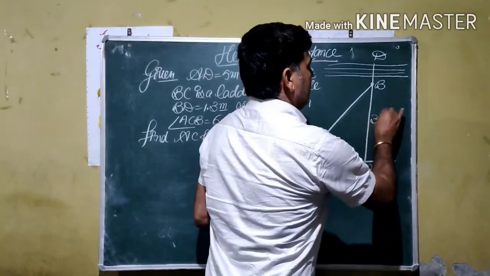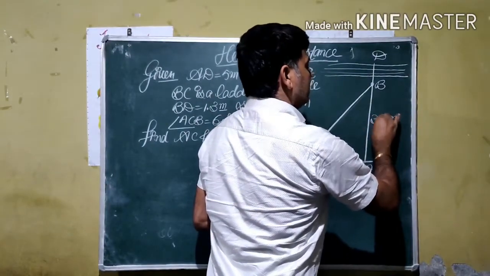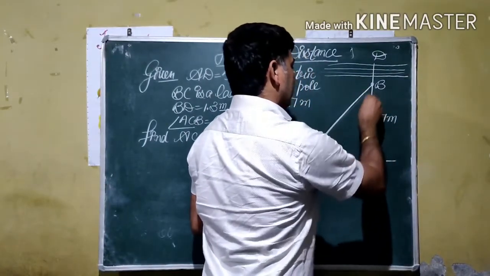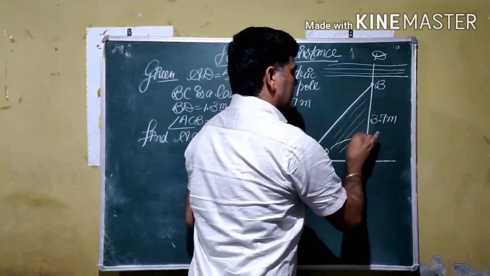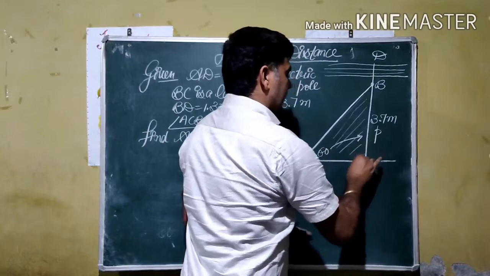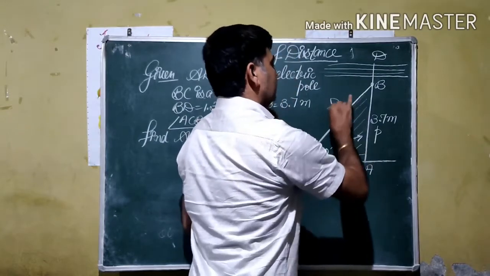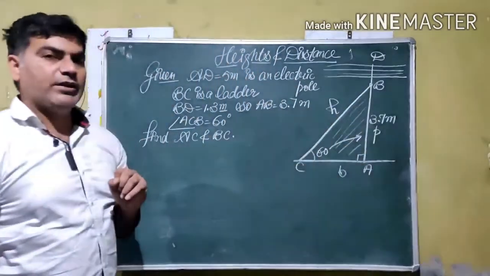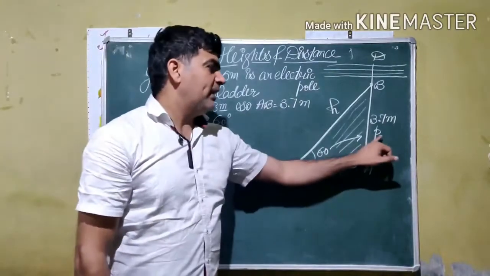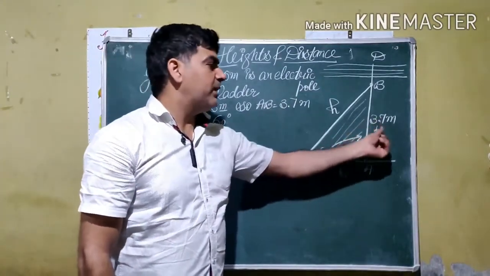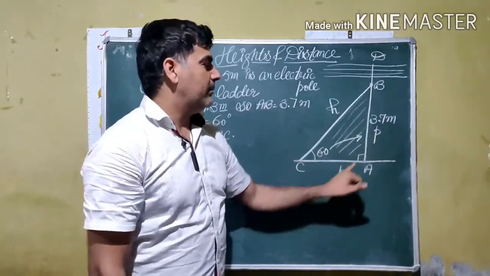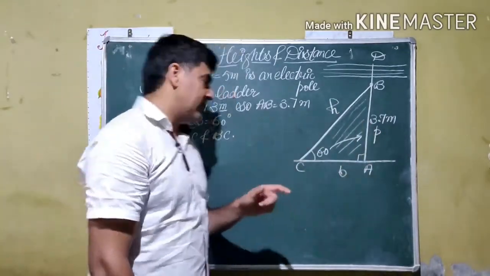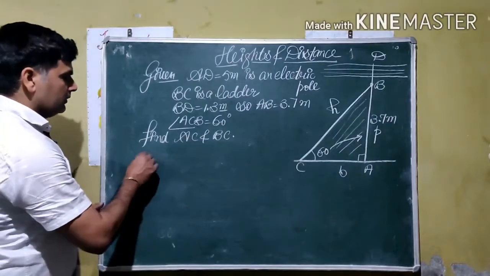This value is given, 3.7 meter, in this triangle, so we are using only this triangle here, not the other one. In front of the angle, this side is known as perpendicular. On 90 degrees, the base, and the third one is the hypotenuse. So we are going to use T ratios here. P is given, angle is given. So with P we have sine theta, which is given by P by H, and P by B is given by tangent theta. So we are going to use these two.